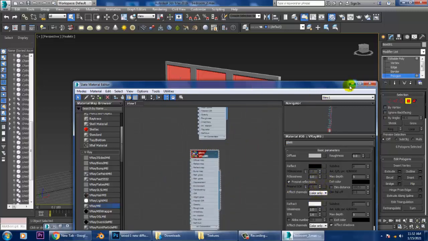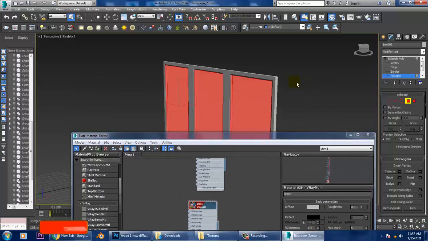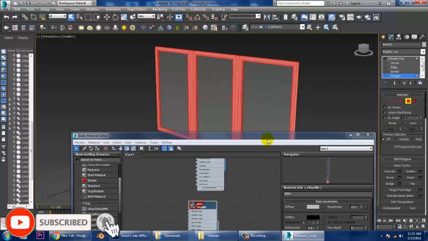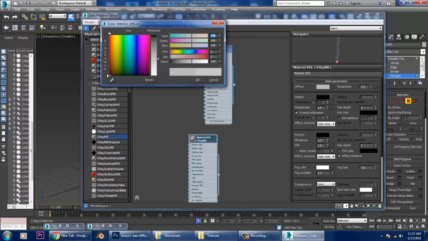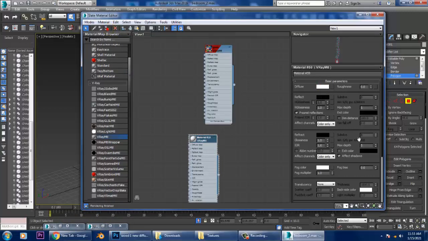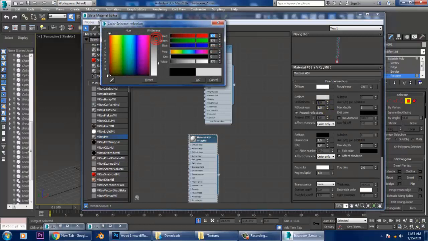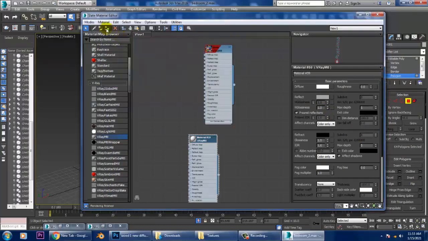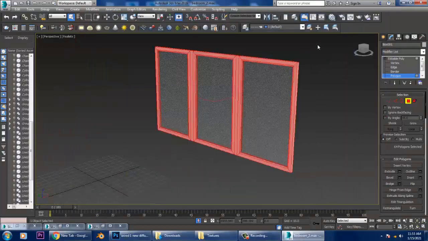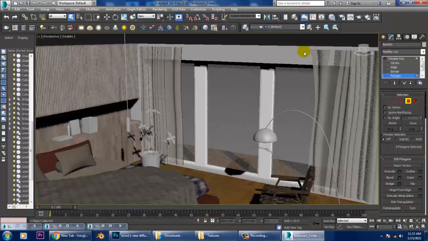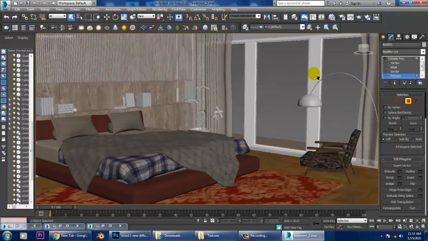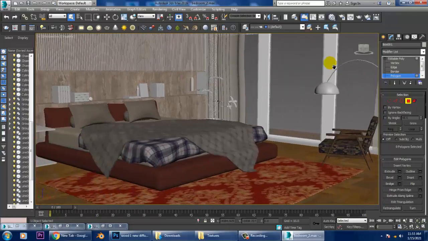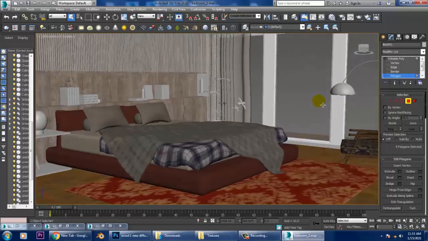Okay. Now I'll go into this, press Ctrl I to invert, and give a white material, and also with that I'll give a bit of reflection to it for a kind of wooden frame over here. Right click and isolate this. So as you can see, this is what we have generated in this way. Definitely we can work more with the textures if it is required.